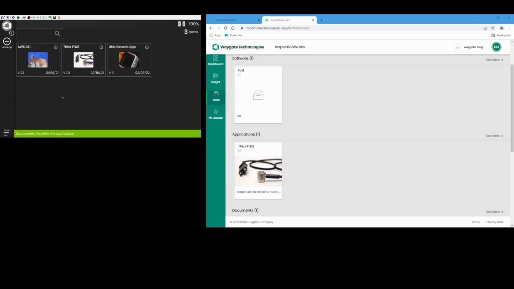My USB stick wasn't involved anywhere in the process. I was able to create the app on my PC using Create, get it checked into my private store in InspectionWorks, and my inspector in the field, possibly 1,000 miles away, was able to go to the private store, find the app, install it. Now let's say the